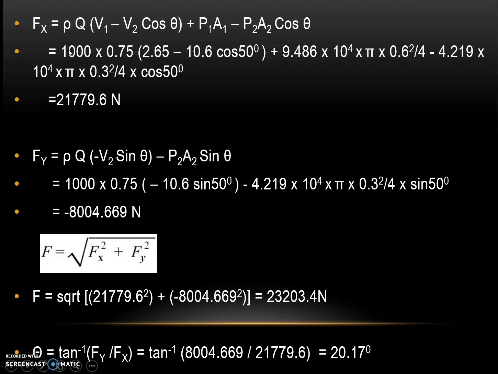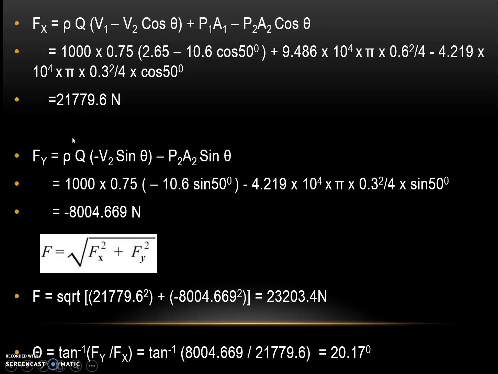So we will substitute rho as 1000, Q as 0.75, V1 is 2.65, V2 is 10.6, theta is 50 degree, plus P1 is 9.486 into 10 raised to 4, A1 is pi by 4 D1 square, that is 0.6, the diameter at section 1, minus P2 is 4.219 into 10 raised to 4, A2 is pi by 4 d square, that is the diameter at section 2, which is 0.3, into cos 50 degree. With this, we get Fx as